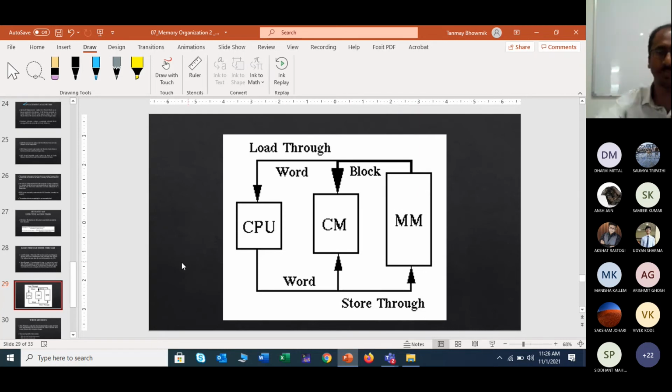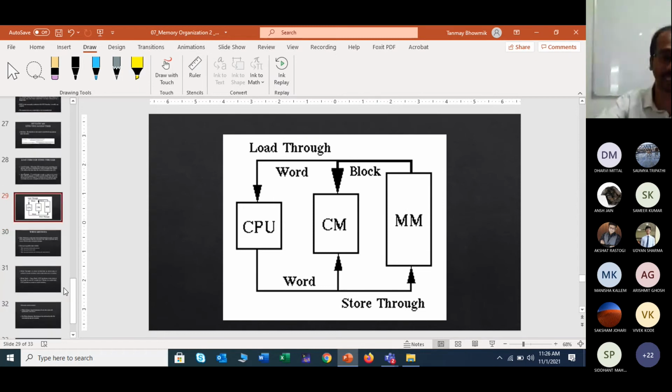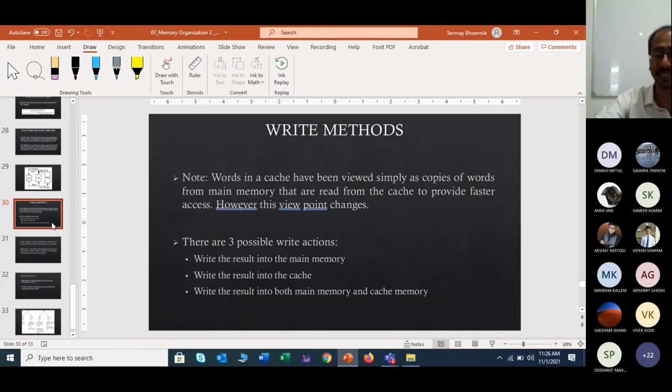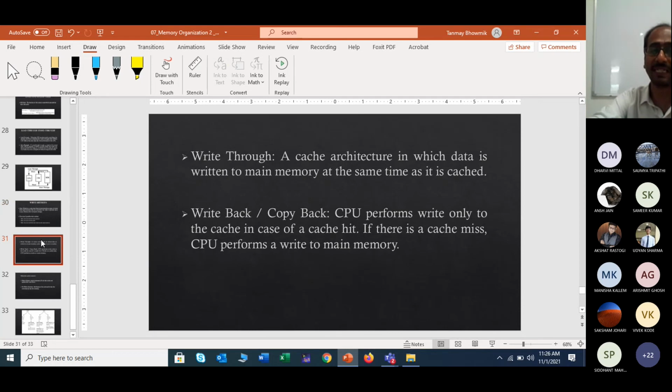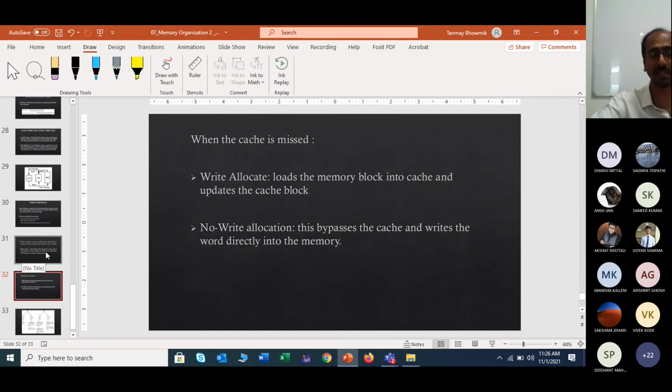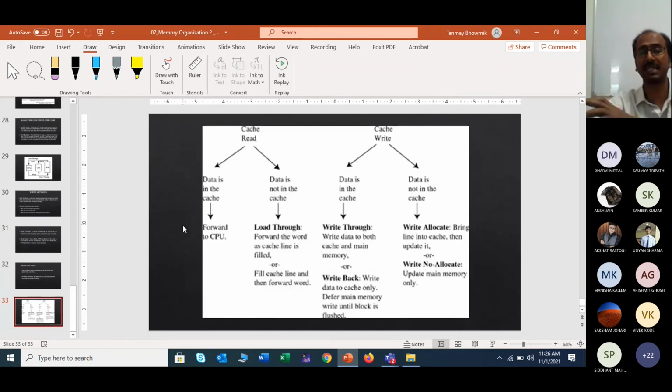Okay, so those are two examples. You may be confused, that is why I have repeated. Some other write method and read method examples have been given, so you can just read this part. There is no other extra thing actually. The same thing we are discussing has been given, that whenever you are writing, you will not write only to cache memory or only to main memory, you are actually writing into both. Then write through, write back, copy back, these are also the same thing. Write allocate, no write allocate, and some examples have been given. Cache read, cache write.